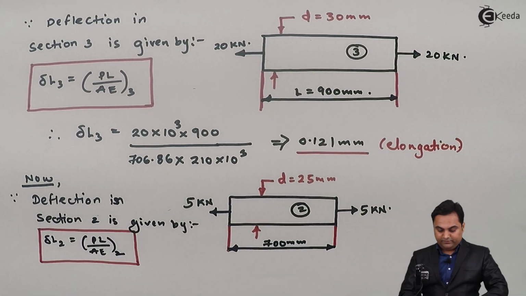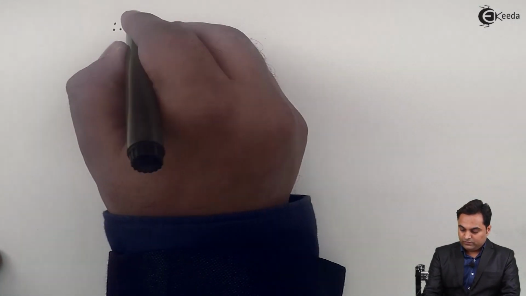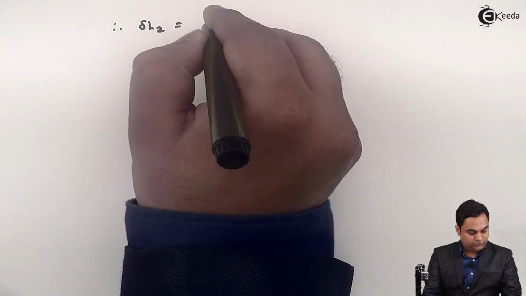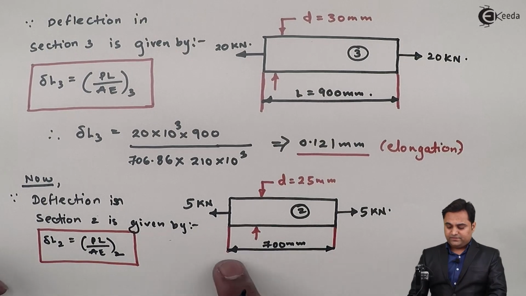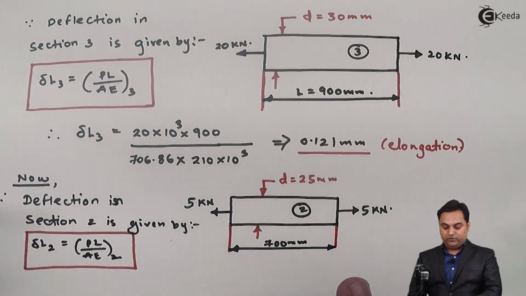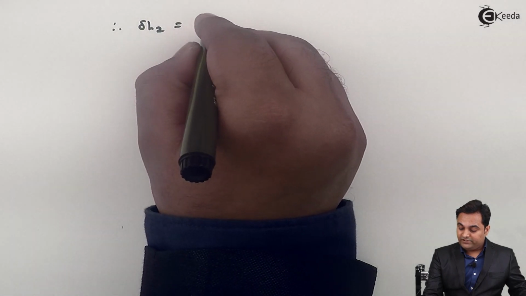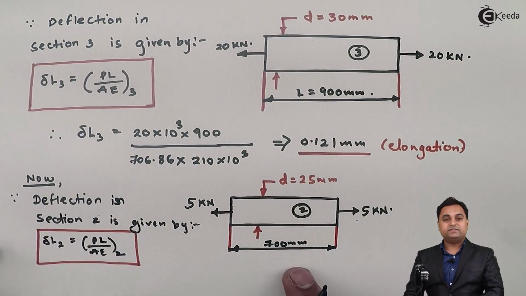Now here I will be putting the values. Therefore delta L2 is equal to P, as we see second section, it is subjected to tensile load, so P has to be taken positive, so positive 5 kilonewton. If I write into Newton, it is 5 into 10 raised to 3. Next, its length is 700 mm